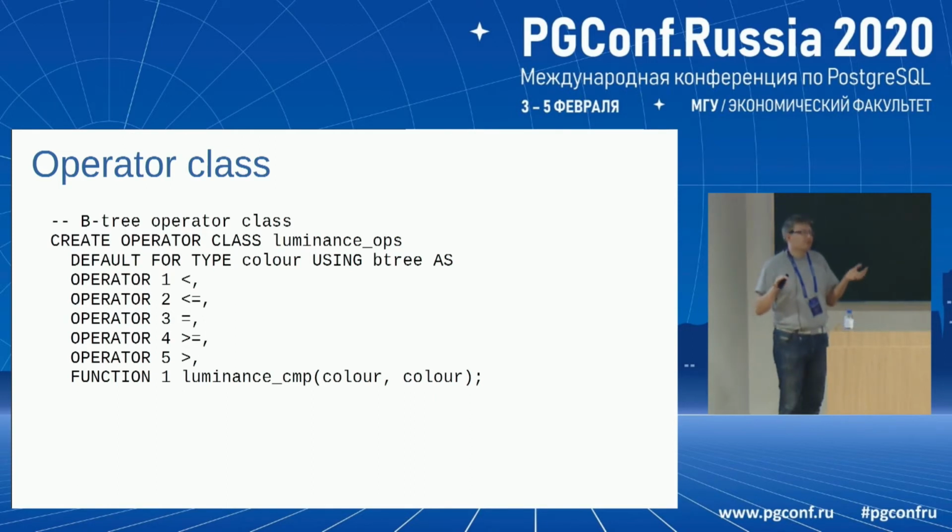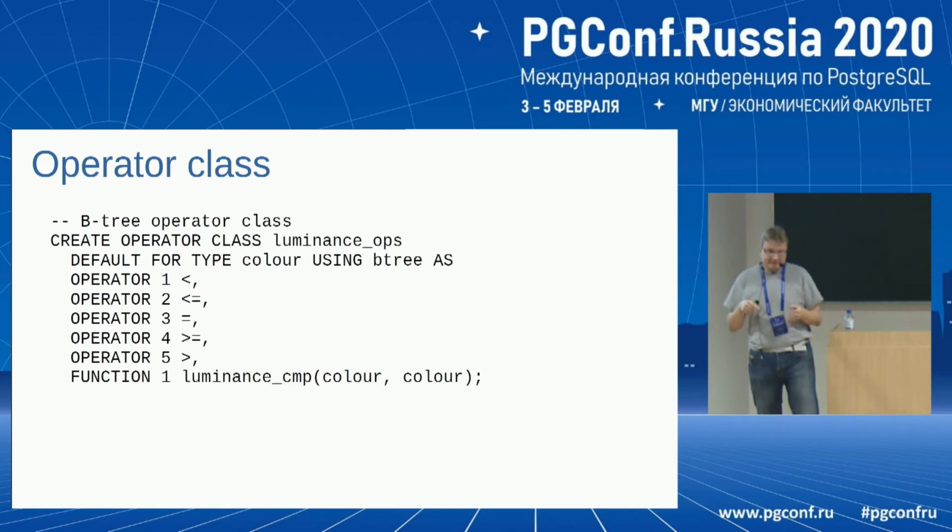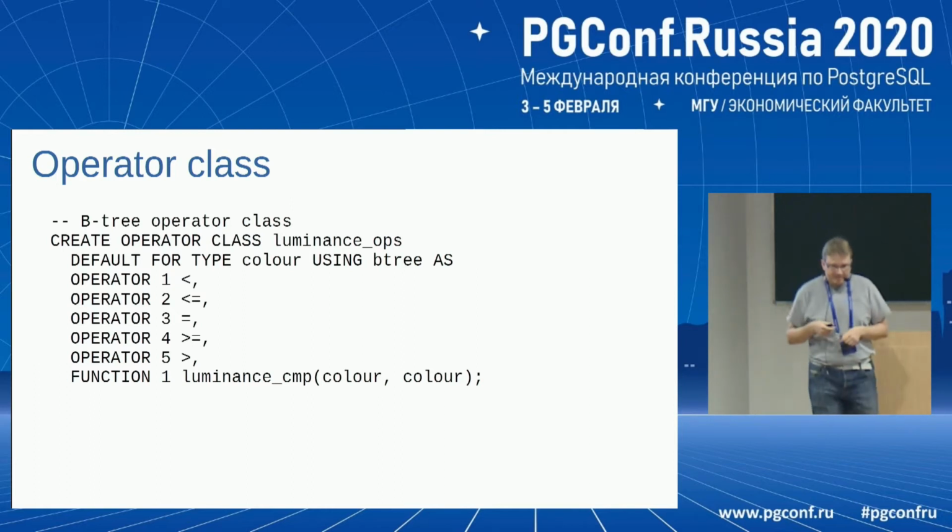What we have to do with these operators next is to tie them together. If you just create the operators, Postgres doesn't know that they're related to each other, because just because an operator is called the less than. Yes? Question? In the previous slide,